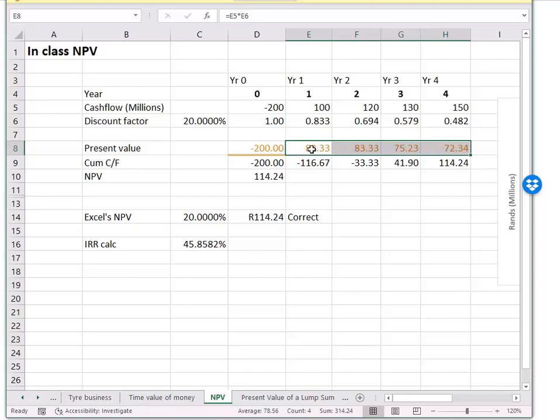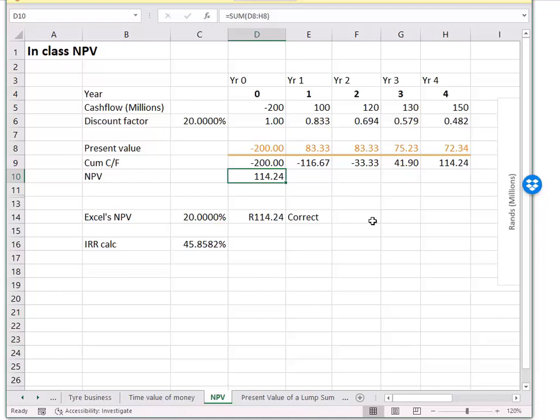Now, of course, we got to subtract out of the future the minus the 200, and hence we get to 114. And what this is in fact telling us is that our project is a good project to proceed with, because we're going to generate returns that are higher than 20%, and therefore, as a result, our net present